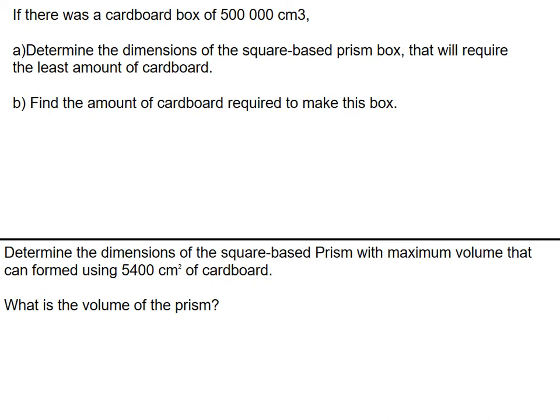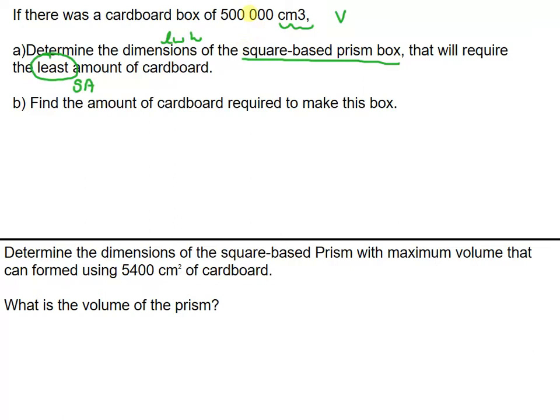There was a cardboard box of 500,000 centimeters cubed. So this immediately gives us volume. Determine the dimensions, so length, width, and height, of the square-based prism box that will require the least amount of cardboard. In order to use the least amount of cardboard, which is surface area, with a given volume,